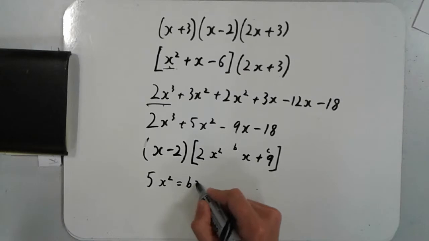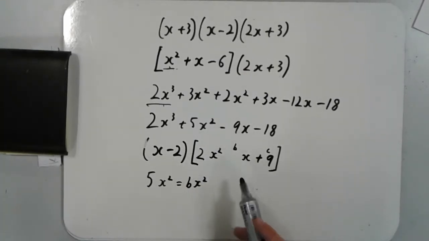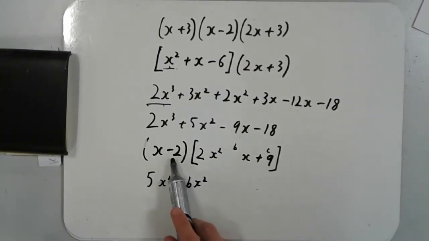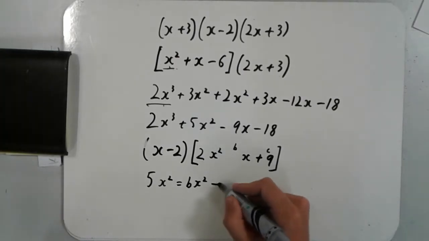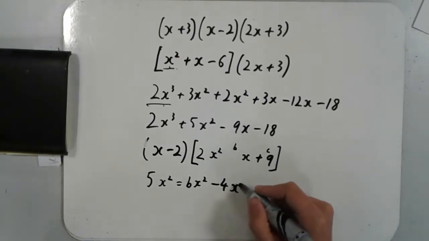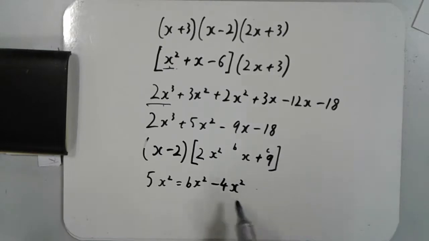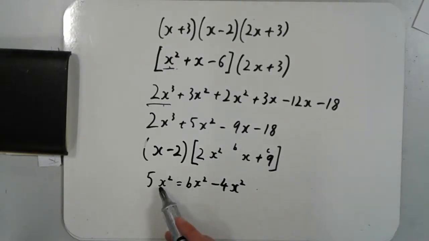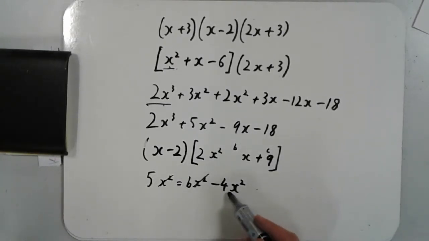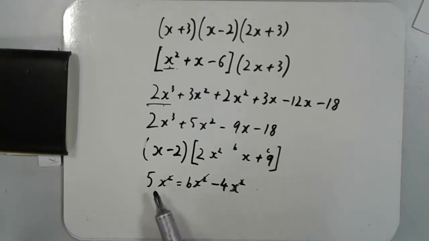That would give me bx squared. Another way is to do minus 2 times 2x squared, minus 4x squared. They've all got an x squared in them, so we can cancel them out. Then we can just add 4 to both sides to tell us that b is 9,